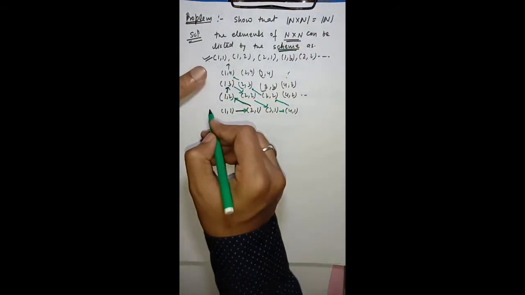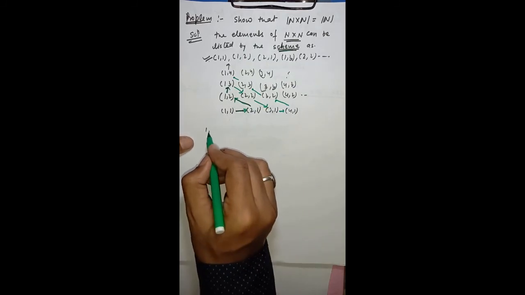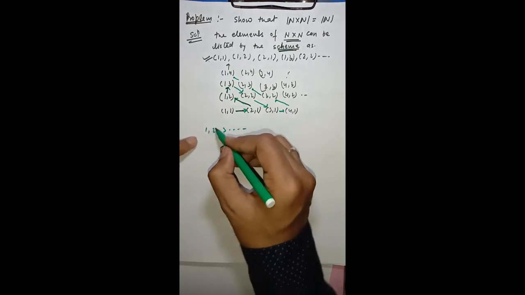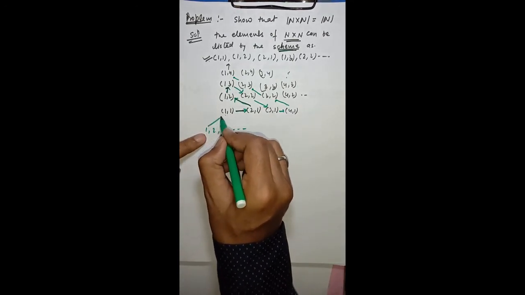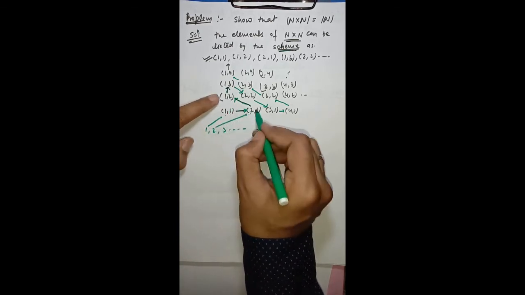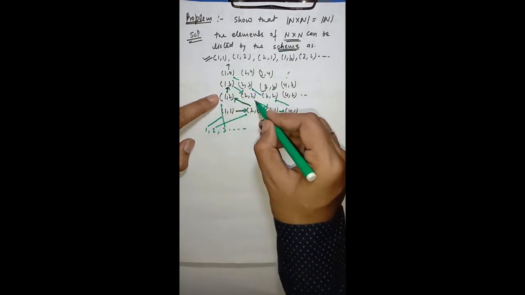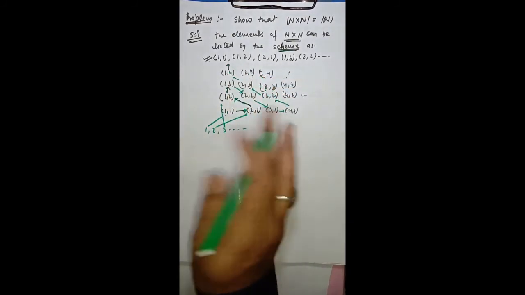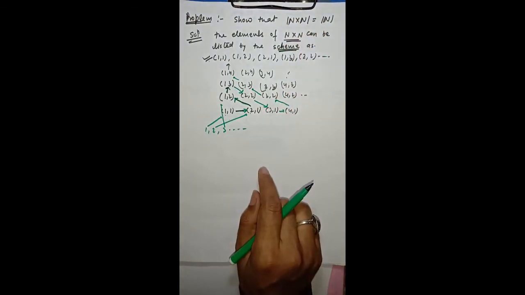And in this question it is very clear, we have the natural numbers 1, 2, 3, and so on, and we just start counting. That means we associate 1 to (1,1), 2 to (2,1), (1,2), this is 3, that is 4, 5, 6, 7, 8, 9, 10, 11, 12, 13, 14, 15. That means we have a 1-1 correspondence between N and N cross N. That means the cardinality is the same.